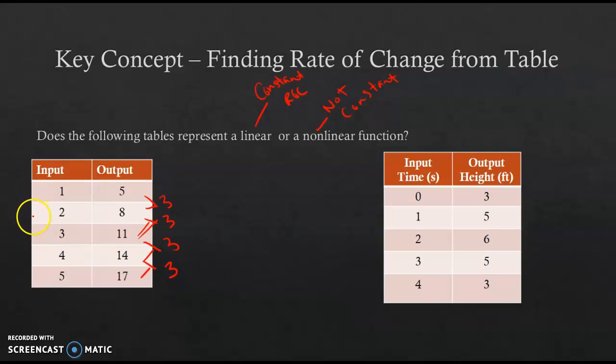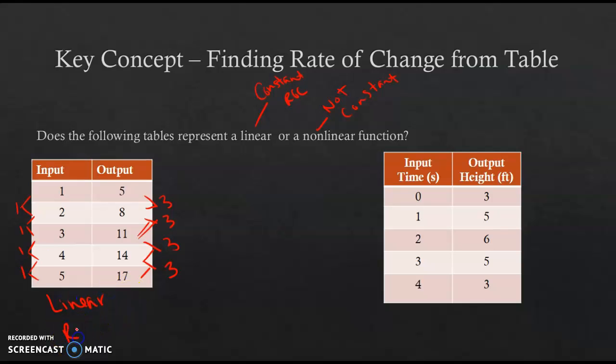And so then I'm going to come over here. 2 minus 1 is 1. 3 minus 2 is 1. 4 minus 3 is 1. 5 minus 4 is 1. And so since the difference between our y's is constant, the difference between our x's is constant, then this is a linear function